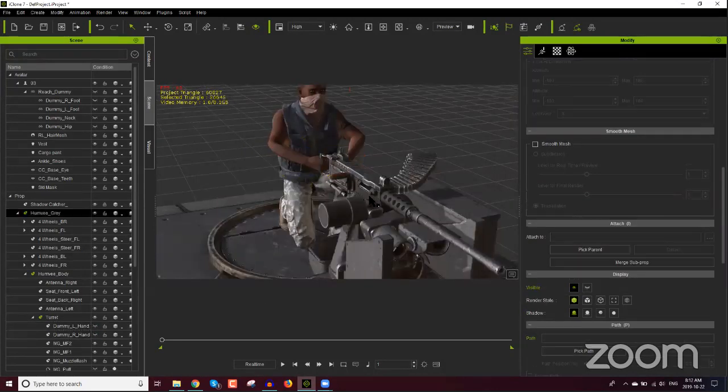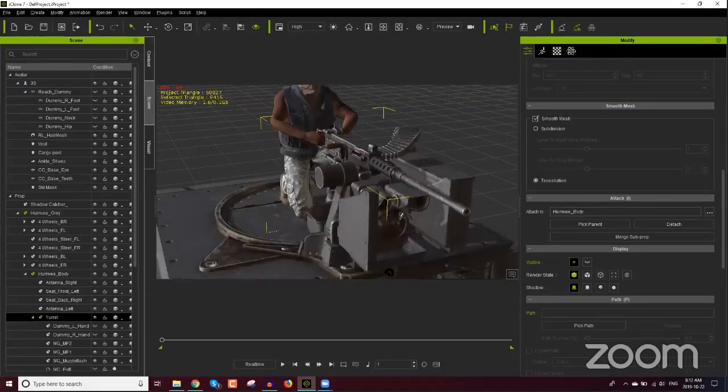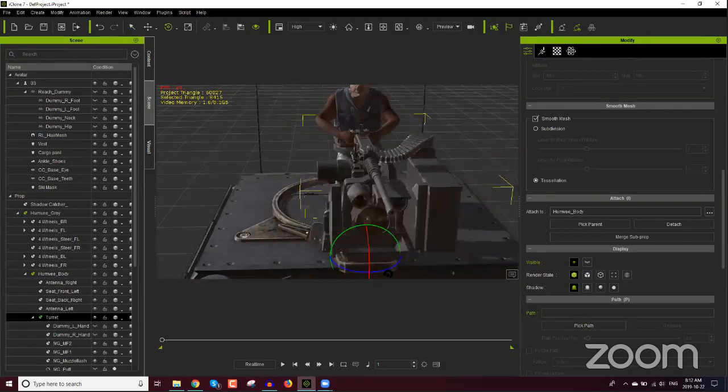What I can do now is select my machine gun, right there. And if we press the E hotkey, we can rotate it, and you can see our character's hands will now follow along with the machine gun rotation, okay? So this is what reach effectors are very useful for. Okay, you can have your character,